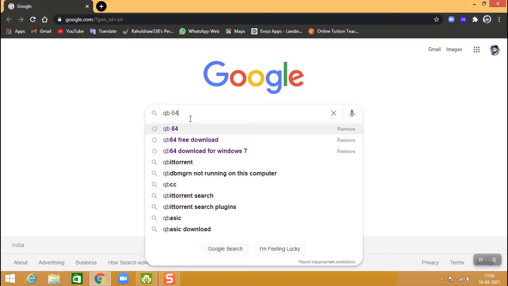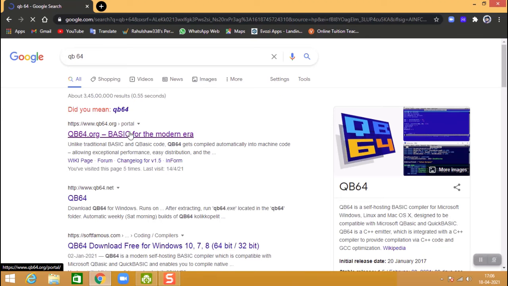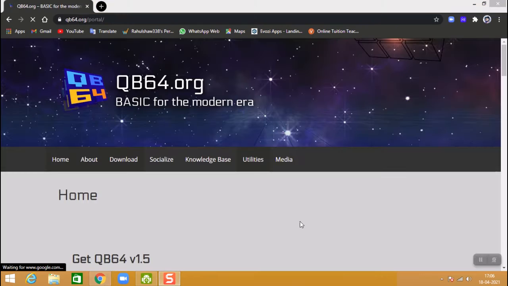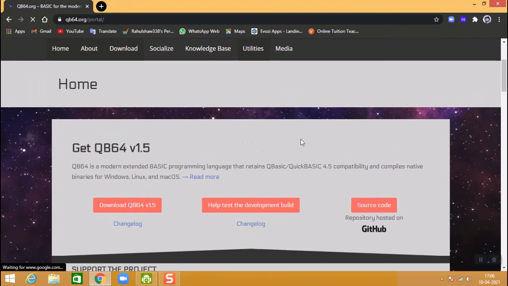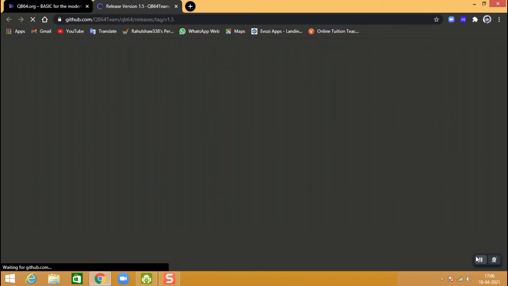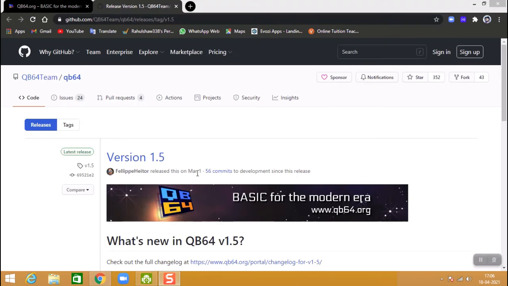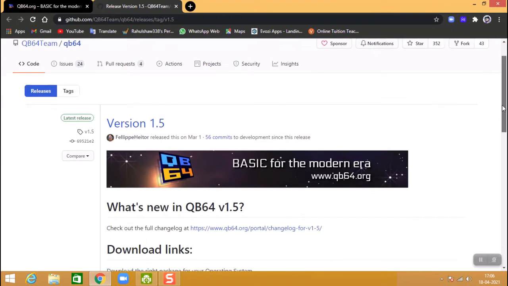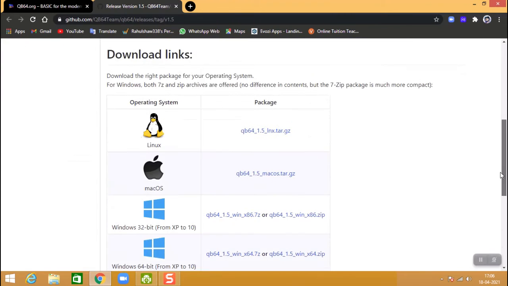Okay, so the page is open. Now I have to get the latest version, so download QB64 version 1.5. I will click here. It's version 1.5, so I have to go to the download links.